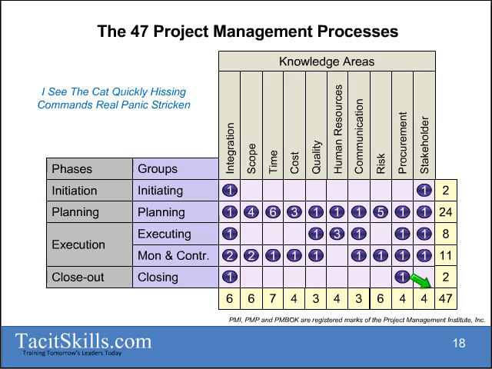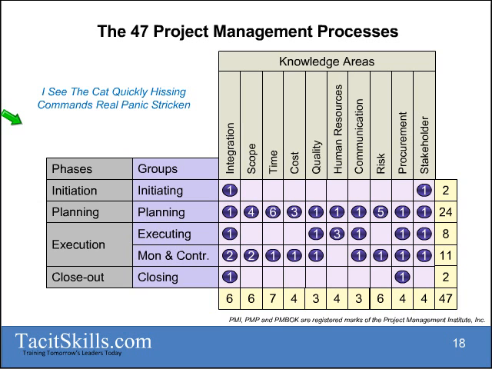Now, this little sentence up there might be a bit confusing. I see the cat quickly hissing commands, real panic stricken. That's one way for me where I can remember what these processes or the knowledge areas are in order. So if I can recreate my knowledge areas in this exact order over here, and I know how my processes go down, I can in my mind have a clear picture and recreate where these interfaces are and which processes are there. It gives me a very clear idea of all the 47 processes that we're talking about in